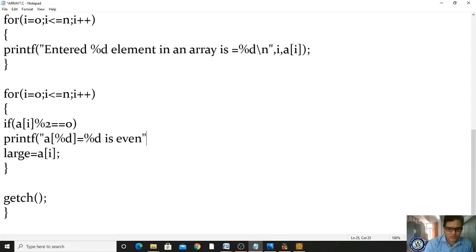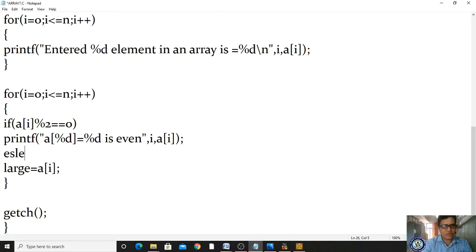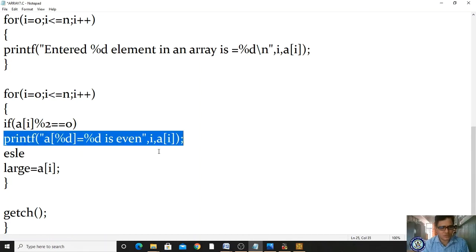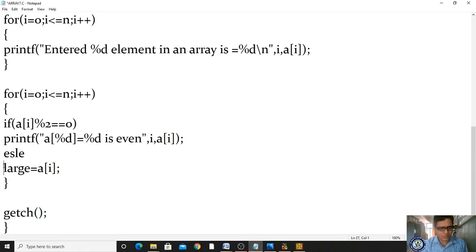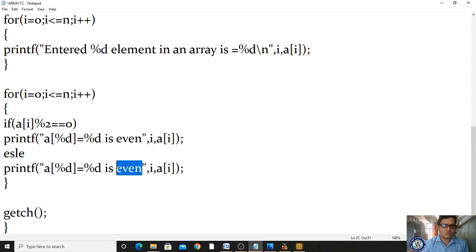I have to make it i comma a[i]. Clear? Else what do we have to print? Else we copy that and print odd. That's all. Copy and paste. Instead of even, you just write odd.